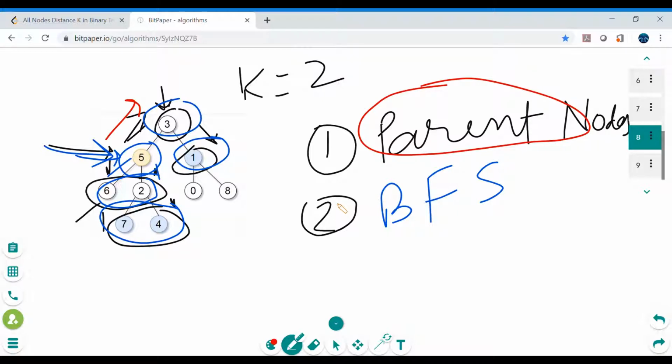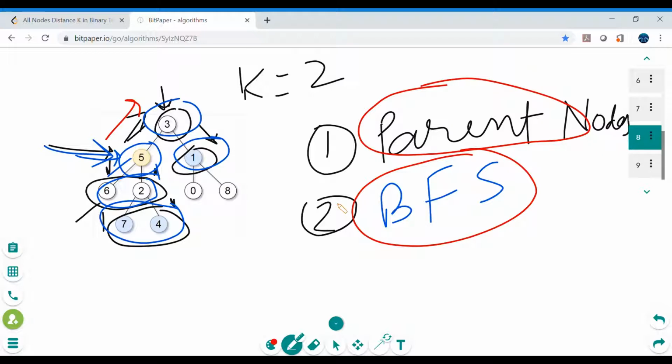Now once we know the parent, we have to focus a little more on how it's working. It goes neighbor by neighbor. First of all, it traverses the corresponding neighbors, and this is the strategy we use in breadth first search. That's why the key observation here is breadth first search, but not depth first. In depth first, we just go deep. We don't worry about the corresponding neighbors; we focus on one neighbor, then neighbor by neighbor, and keep traversing till the end. This is depth first search. But here what we are doing is